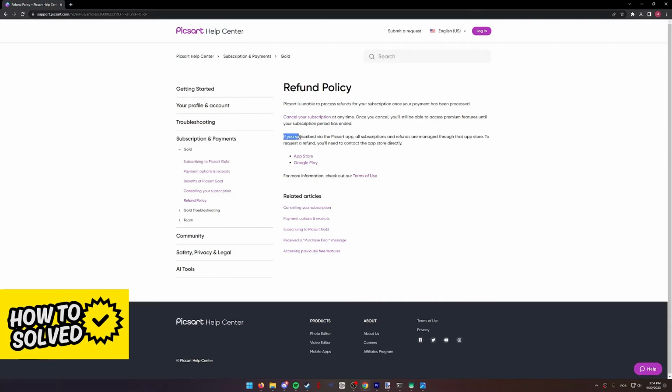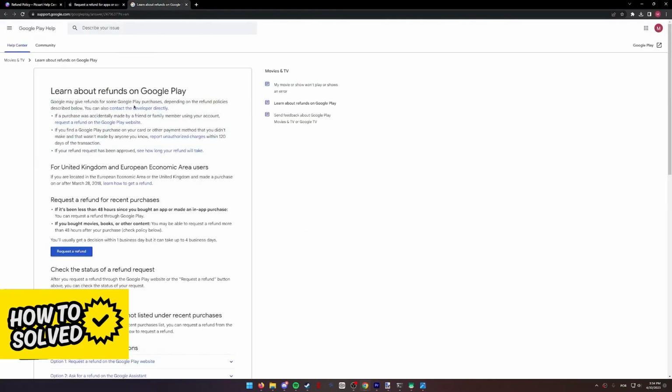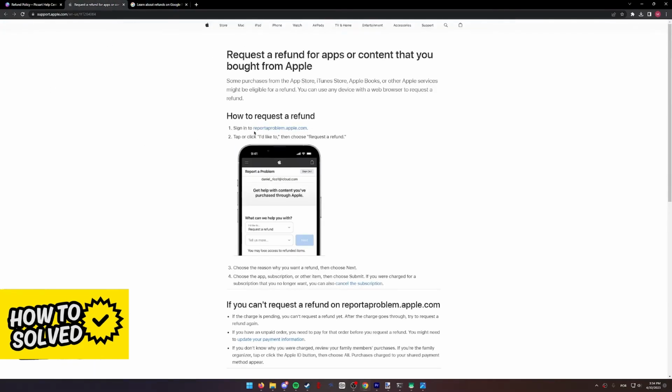However, they also go on to add that if you subscribed via the Picsart app, all subscription refunds are managed through the App Store. To request a refund, you will need to contact the App Store directly. So instead of contacting Picsart to get your refund, what you have to do is either get the refund from Apple or Google Play. Both of them have articles describing how to do it, but for Apple, you simply have to go to